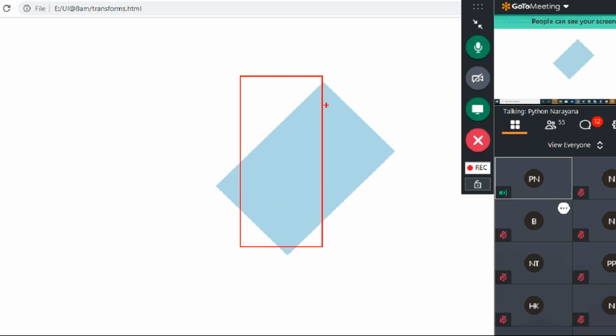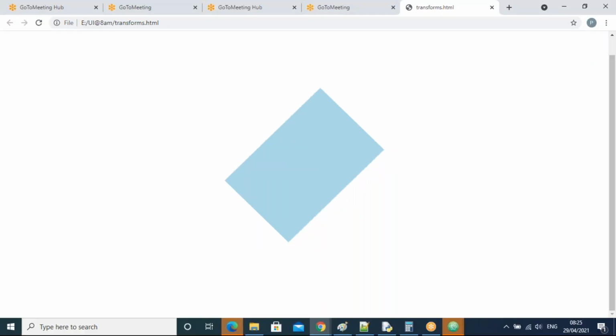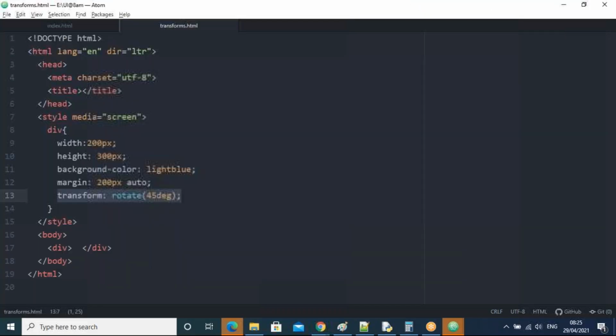What happened here? It moved outward in the clockwise direction, the right side. How much have I taken? 45 degrees, right? We can take any degrees, guys.